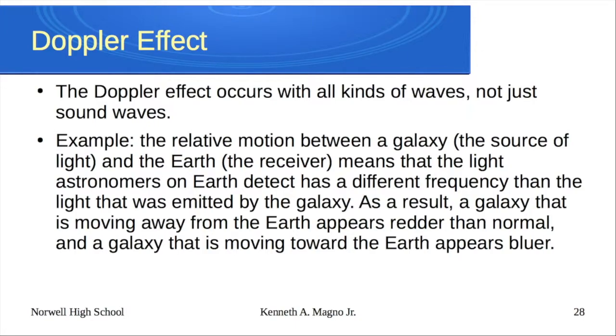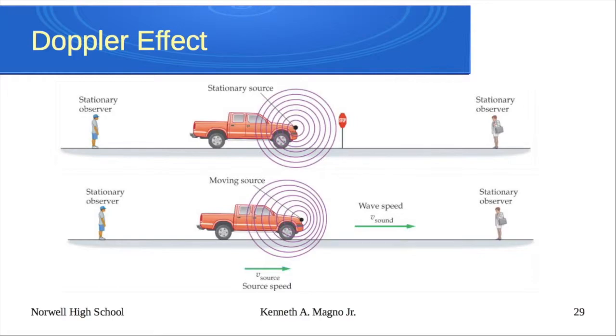Okay? Again, based on the Doppler effect. How to explain it simply is the wave fronts, or the distance between the wave crests, either compress or expand. All right? So what happens here, lambda goes down, which means the frequency goes up. On the other side, lambda goes up, which means the frequency goes down. So we start to see why on the front of the vehicle, as it's moving towards us, like if it's beeping its horn, running a siren, we hear a higher pitch frequency. As it's going away, we hear a lower pitch frequency.